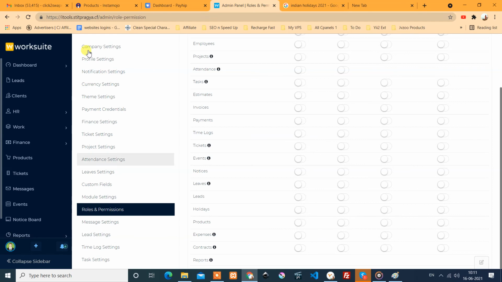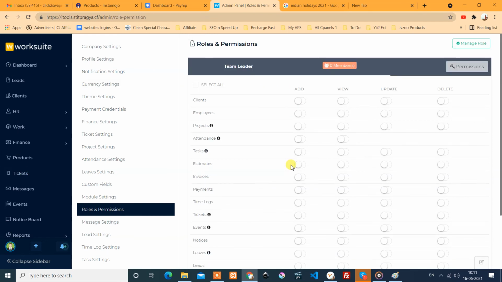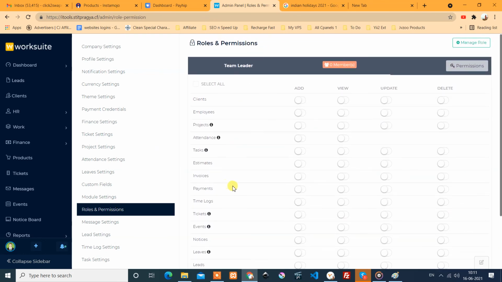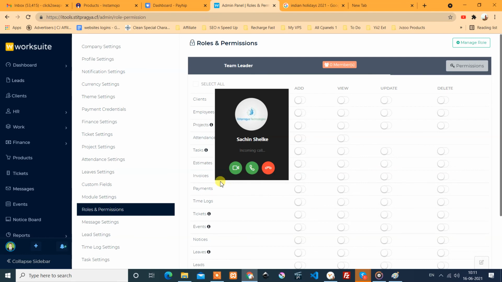These are managed. These are our sidebar. So you can assign those permissions to that particular user. If a team leader is there, and you want to give some access to some modules and not to some other module, if you want to restrict them, you can manage all these things with this role-based model. So it is already there, we don't need to build that separately.